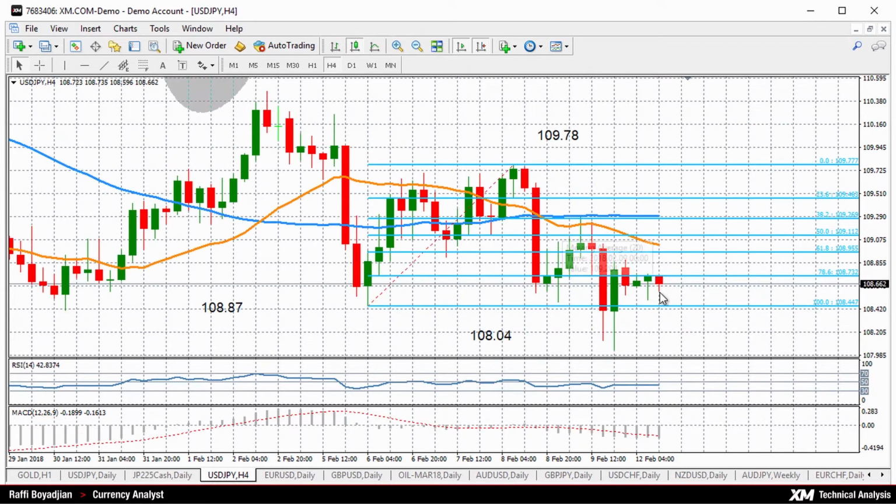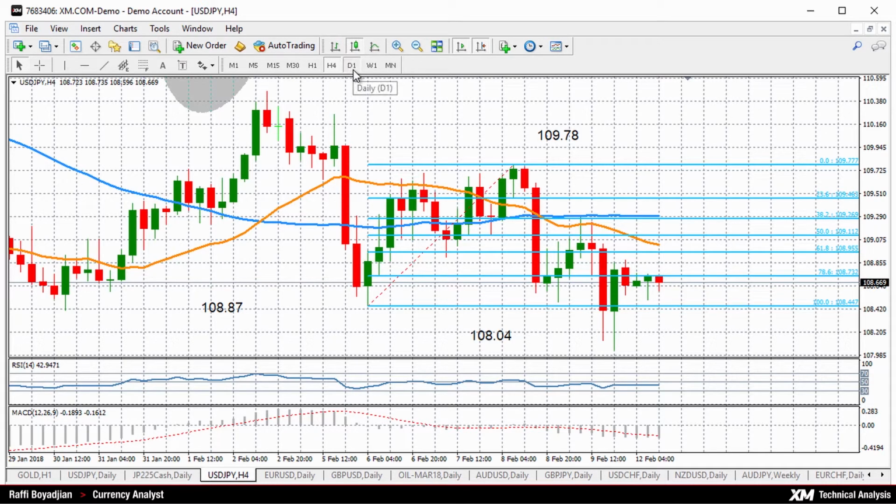If we move on to the 4-hour chart, we can see that prices are meeting resistance at the 78.6% Fibonacci retracement of the up leg from 108.87 to 109.78. If the upside momentum gathers further strength in the coming days, the next resistance could come from the 61.8% Fibonacci retracement at 108.95, and then above that we have the 50% Fibonacci retracement at